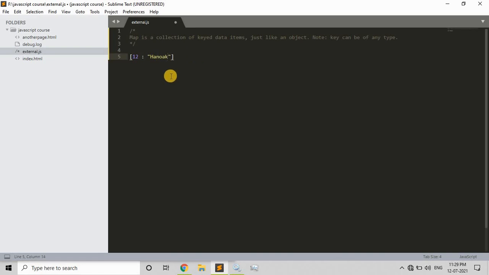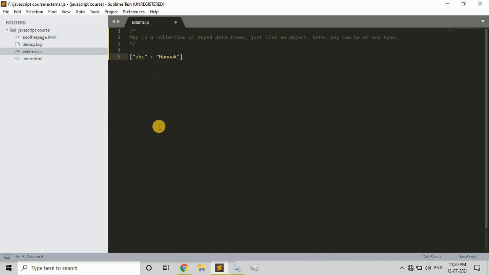So as you can see, this is not at all an array. It is not at all an object. I'm just giving you a reference, like a key value pair. So this is a key, and this is a value, and the key can be of any type. So I will just say a number, or I can also have a boolean, and I can also have a floating point number, and I can also have a string for that key, right?